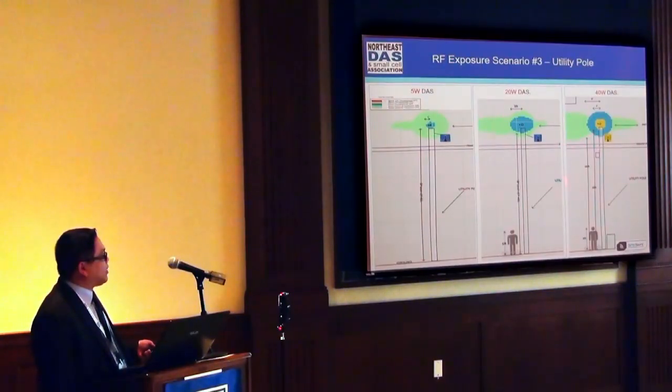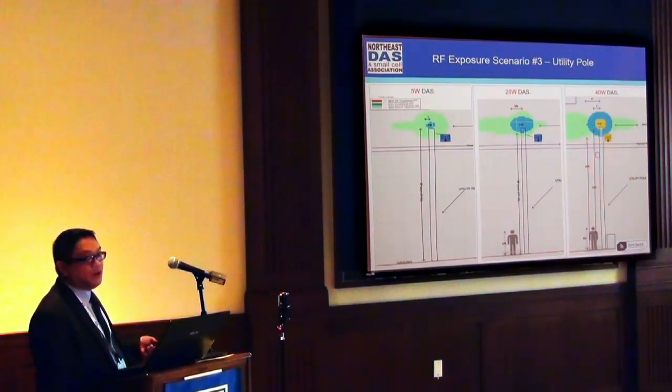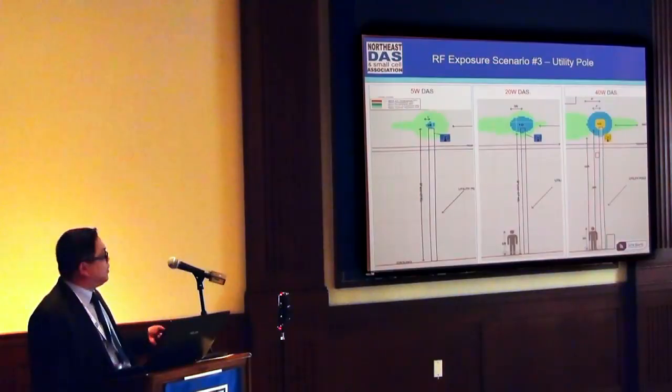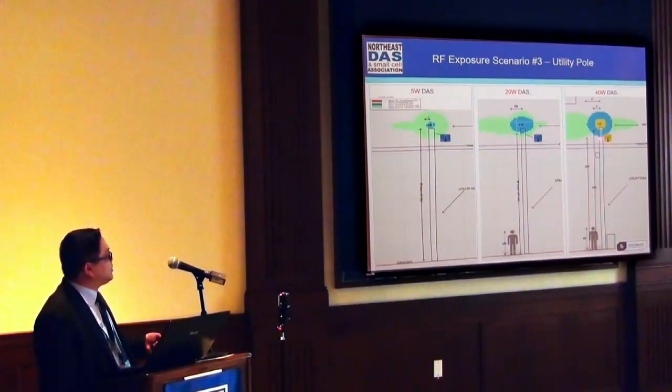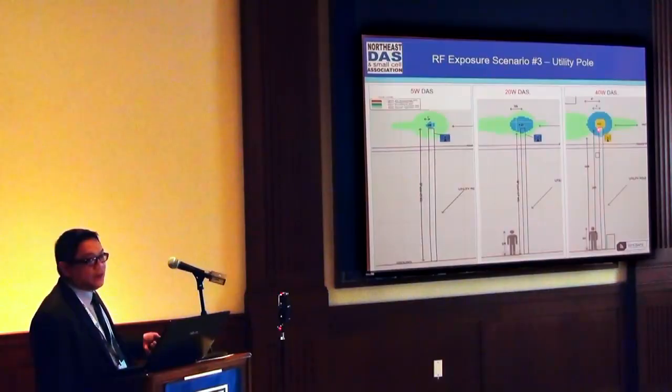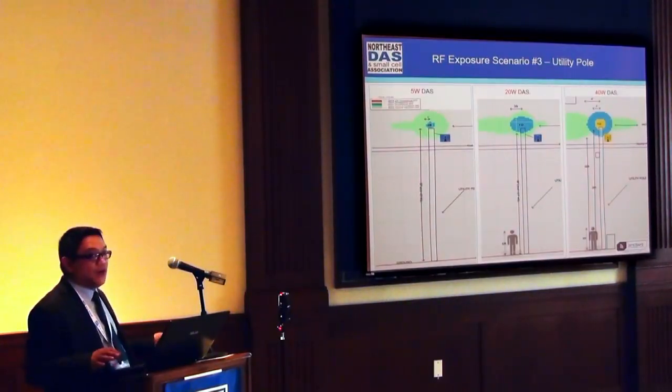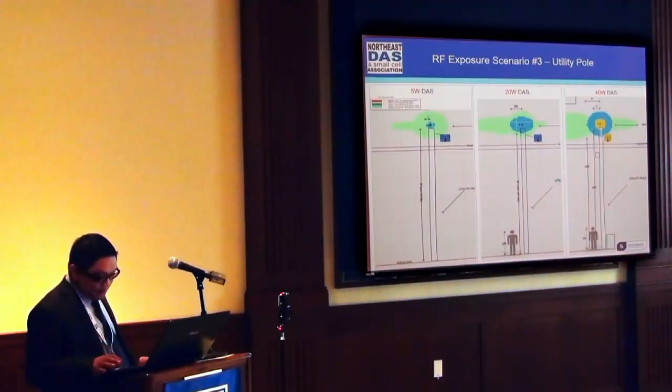Again, it doesn't impact really general public underneath, but it does impact people that would be able to access the antennas. Like if this was a power pole and somebody needs to work on the power pole, you need to consider the fact that at this level, you may actually want to turn off the radios for people to work above, because this is very close. You need to be within 2 feet or 4 feet of the antenna to be compliant. And you can't really work 4 feet away from the pole if you're trying to work on the power lines, right?